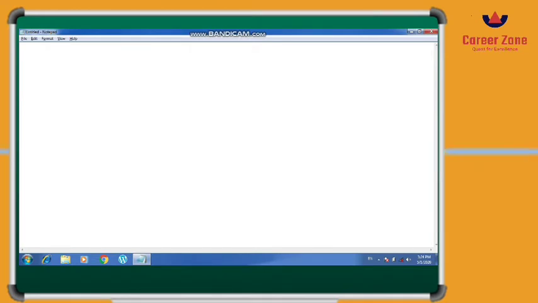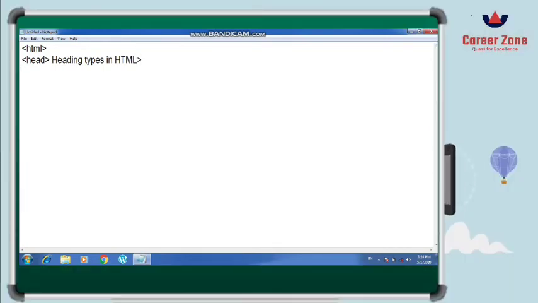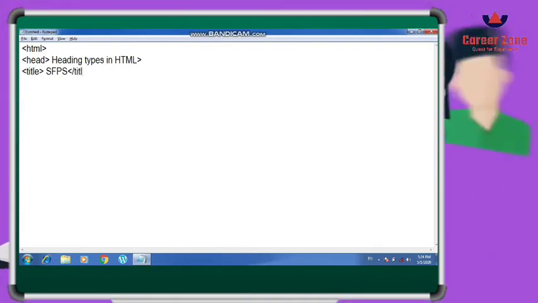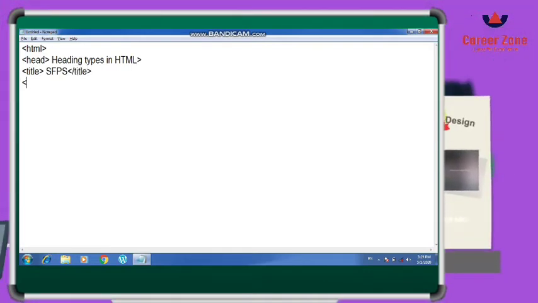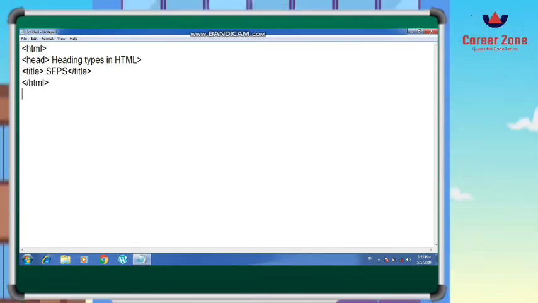So let us start. Open Notepad on your laptop or computer and let us start with the HTML tag. Then I will write the head tag, which is a mandatory tag of HTML. So I'm going to write here the heading types in HTML, as I'm going to show you the 6 heading types. Then I will open the title tag. I'm going to write SFPS there. The title tag is closed before the head tag, so I'm closing the title tag, and now I am going to close the head tag. After that I'll start the body tag,